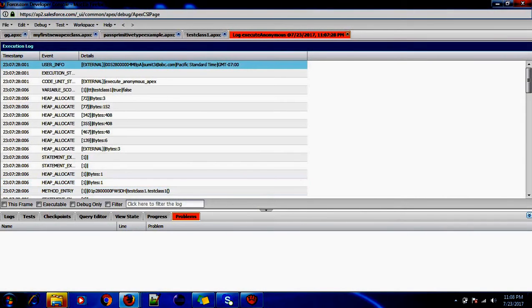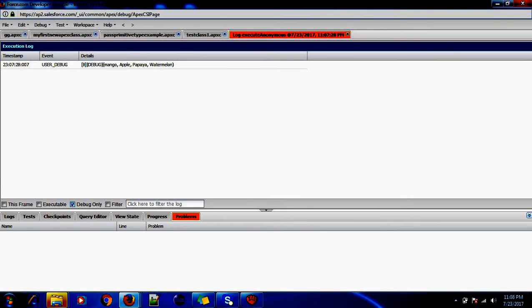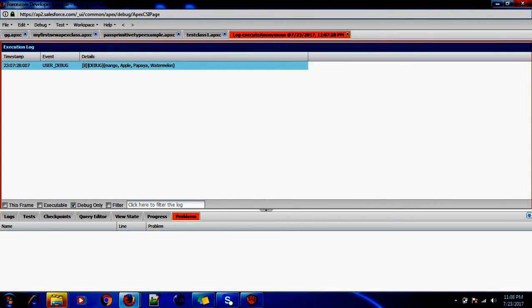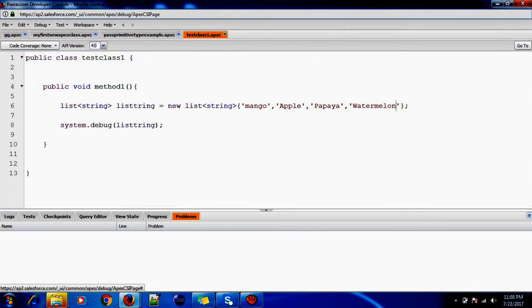Okay, finally debug only, and here we can see a total of 4 fruits. Again, I will discuss in my next class what is static.